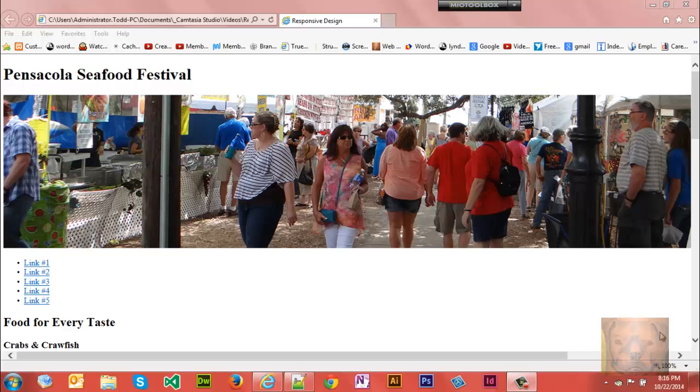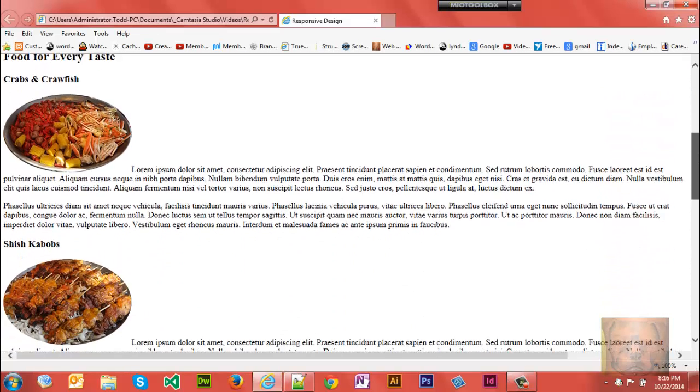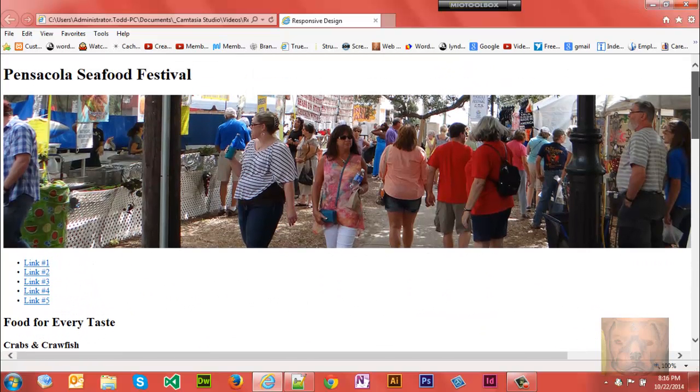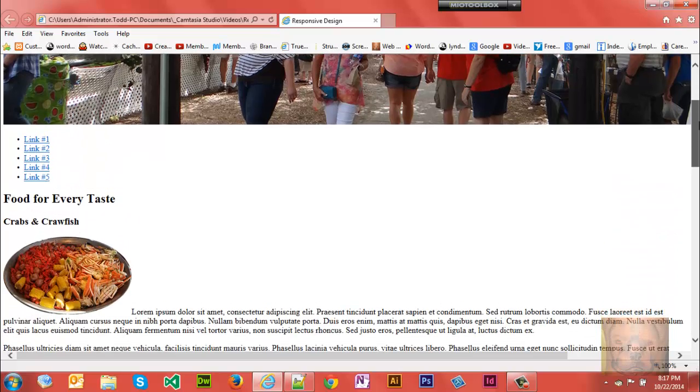Welcome to part 2 of creating your first responsive web page using HTML5 and CSS. This is where we left off in part 1. We just did the raw HTML, and you'll notice we have the title of the page, a banner, some links